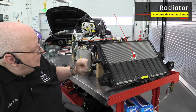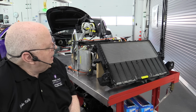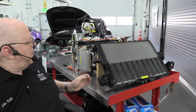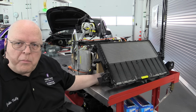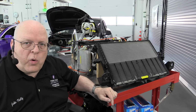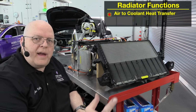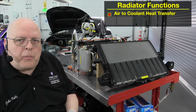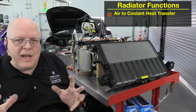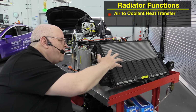This is a pretty big radiator compared to some other electric vehicles. And one unique thing about this radiator is that we have the fan motor below it. You can't see it here, but the fan motor is below it. And that fan motor can pull in what we call ambient air. So we're just going to pull air through the radiator, not for the purpose of cooling anything, but for the purpose of transferring the heat energy that's in the air we're breathing through the radiator,